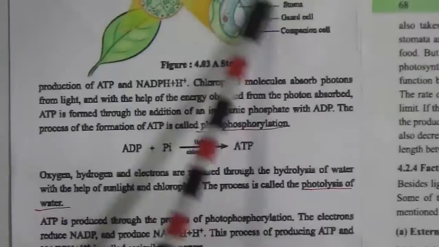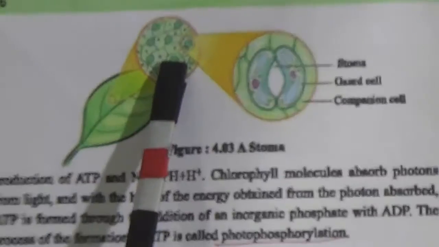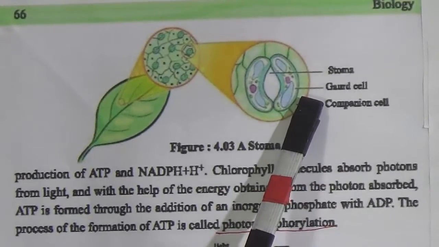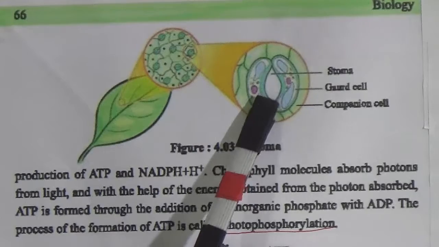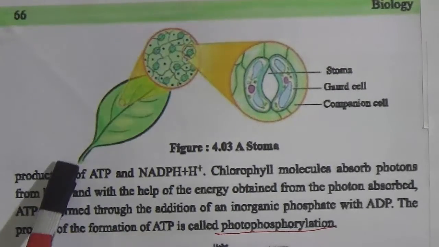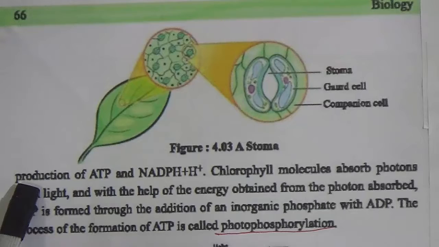In this procedure, this is the picture of the stomata, through which the plant leaf absorbs carbon dioxide, and it helps the photosynthesis procedure. And I have said that in the light dependent phase two things occur. That means in the light dependent phase the light energy converts to chemical energy.